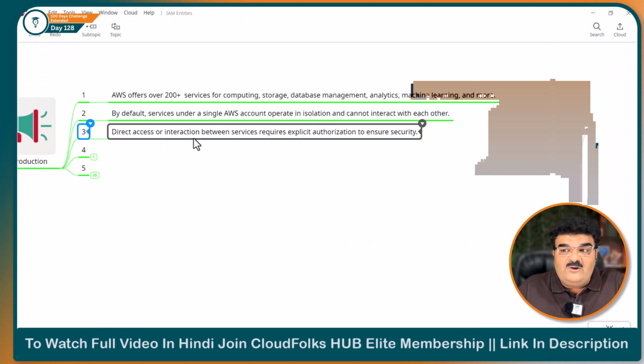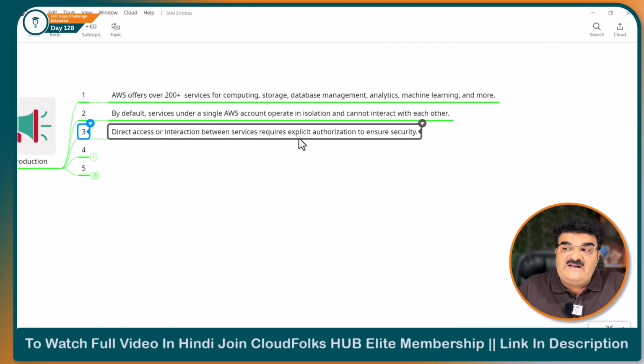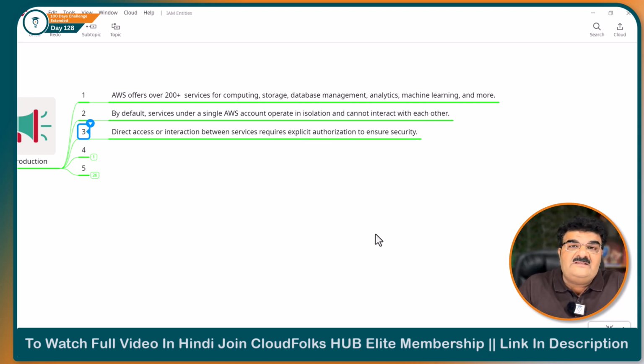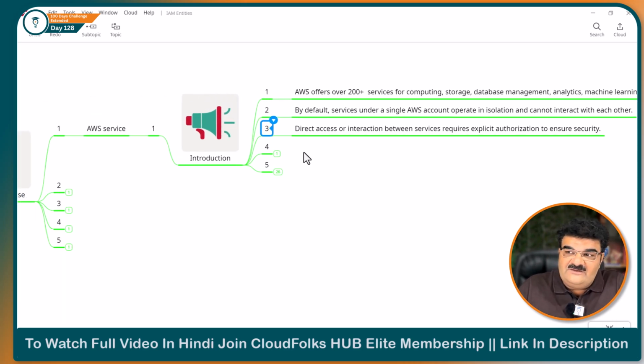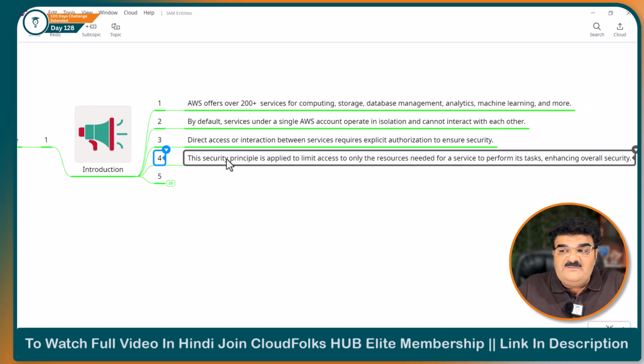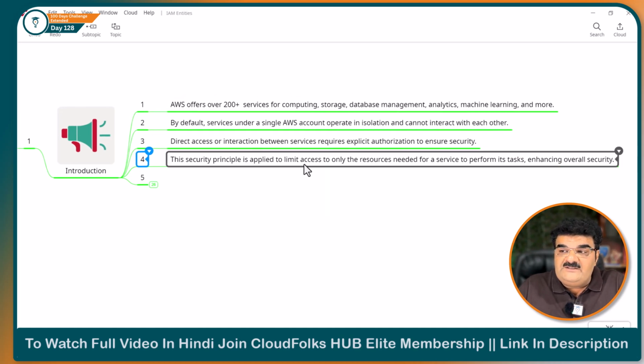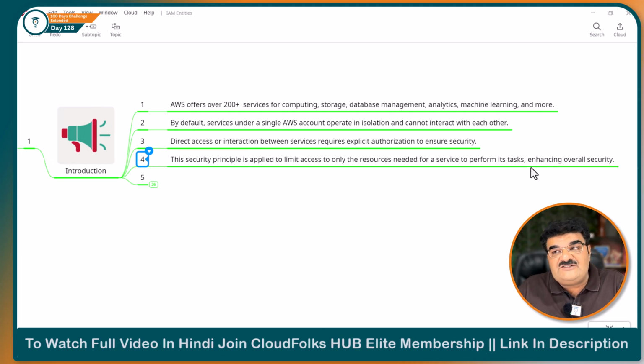Direct access or interaction between services requires explicit authorization to ensure security. Now, how can you provide this explicit authorization? Using a role, known as an AWS service role. This security principle is applied to limit access to only the resources needed for a service to perform its task,